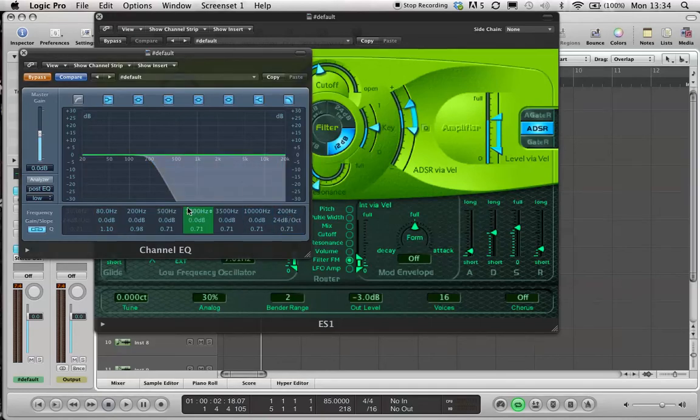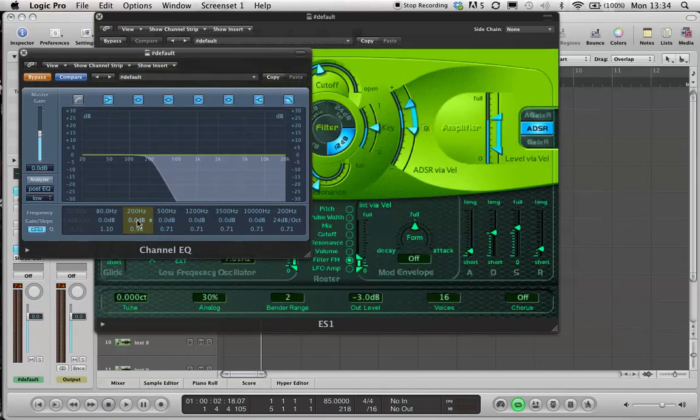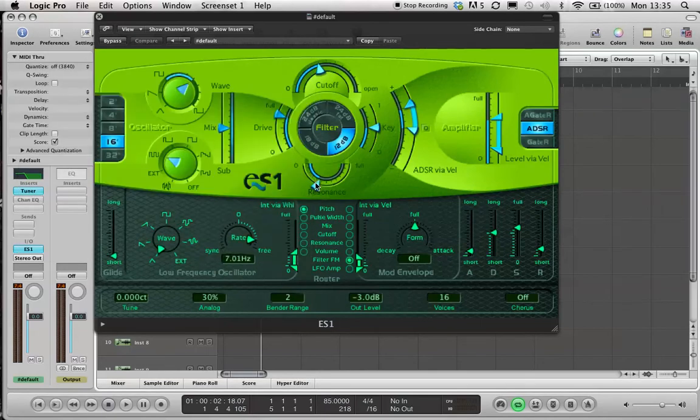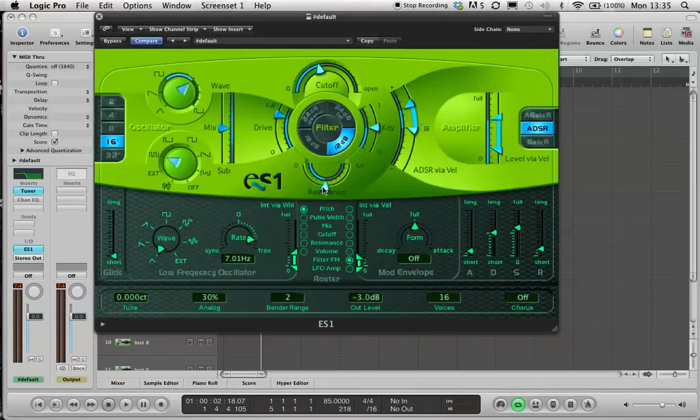What the resonance does, I should say, is it boosts that point right at the end of the cutoff, or it just deadens it a little bit. So it can add brightness or it can increase the dullness of the sound. So if we put it halfway,